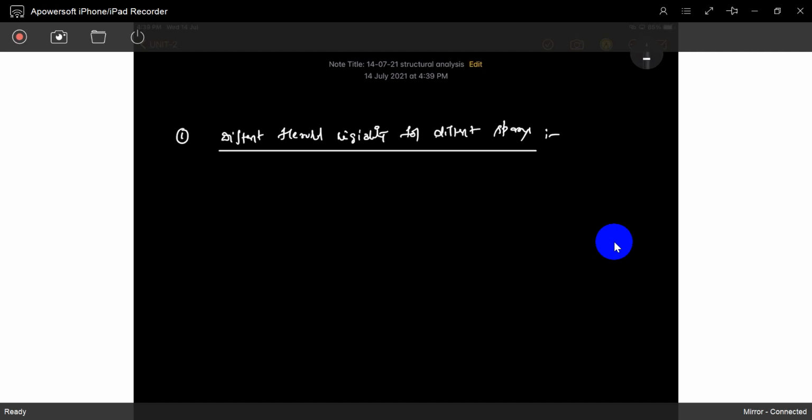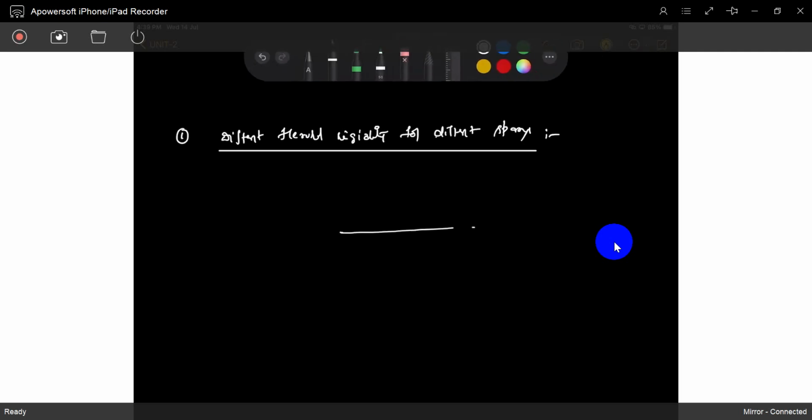And I have one small doubt, which you have to clear. Okay, if it is a simply supported beam with a load P applied exactly at the middle, this is L by 2, this is L by 2, but this portion has flexural rigidity of 2EI and this portion has EI. Then the reactions are P by 2 and P by 2. Is it correct or wrong?